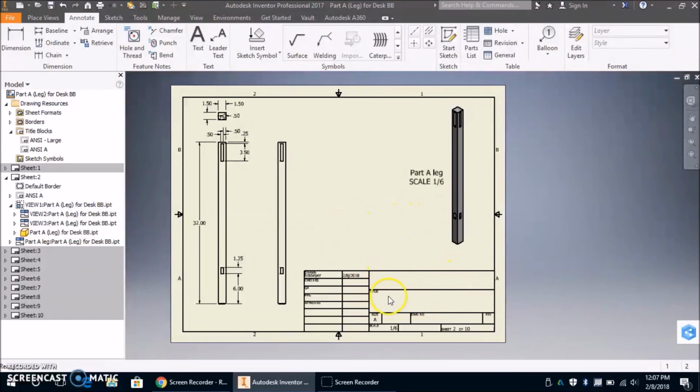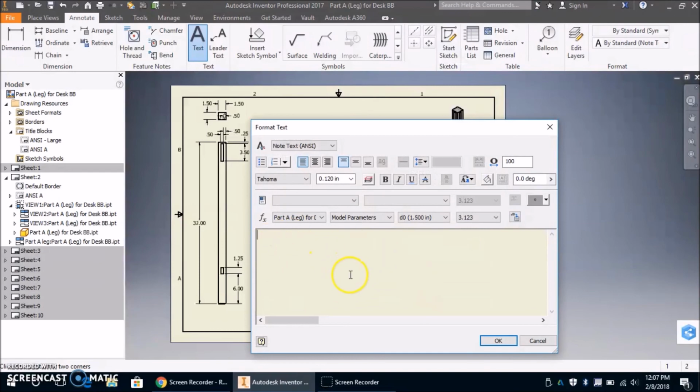The last thing you need to do on the parts is add a title and the school down here at the bottom. So I'm going to go ahead and use a text box. I'm just going to click once, and that's going to give me a title block to draw in. So you can just put the name